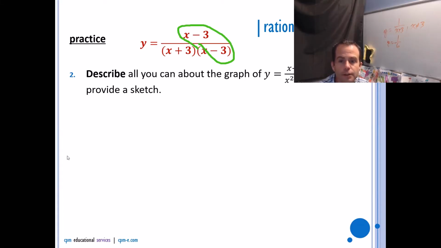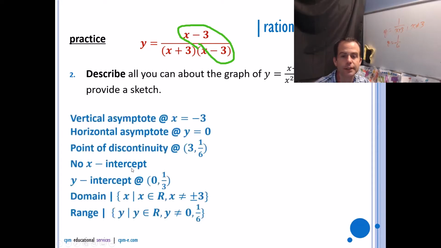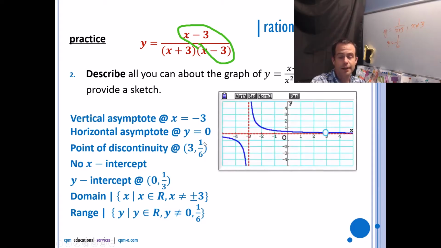Okay, so this is everything I just said. Vertical asymptote, horizontal asymptote, point of discontinuity. There's no x-intercept, the y-intercept, the domain, and the range. Okay, now if I was to draw all of that, I draw my vertical asymptote, my horizontal asymptote. The point of discontinuity needs to be an open circle. I could put my y-intercept there, and then I kind of follow that 1 over x looking pattern because this is still kind of a 1 over x looking graph. Okay,